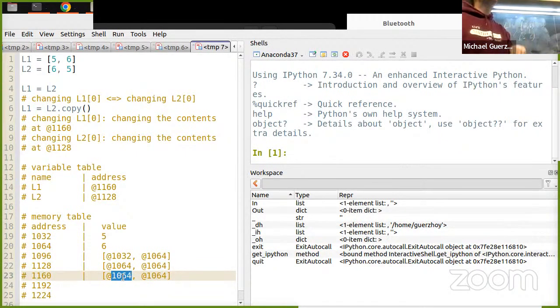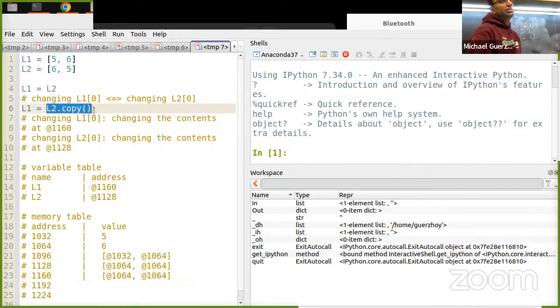Now, if you just do L2.copy, it makes a copy of L2 if you don't assign it to anything. What this does is it computes this guy, right? But if you don't save the address 1160, which is what you're doing here by assigning to L1, then you can't access it.